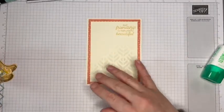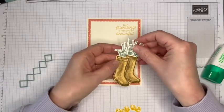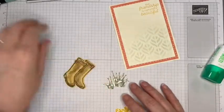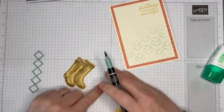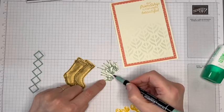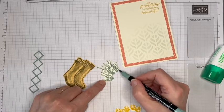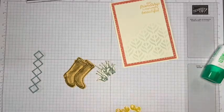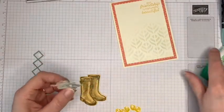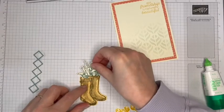There we go. Now, I found that when you add these together, there's a little bit of a gap because your die cut leaves a little edge around. I used Stampin' Up marker, and I just added some little dots of colour along the bottom there to kind of blend that so it doesn't look so stark. Doesn't look like there's a strange gap between the stems and the boots. Okay, my little tip to you, just adding a little bit of glue along the bottom there, put that in place